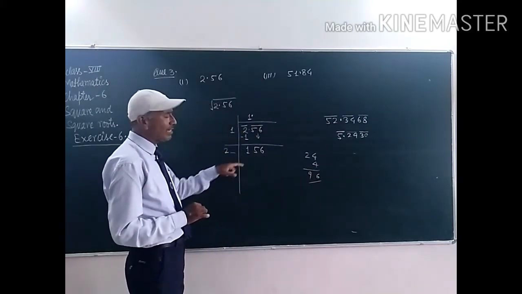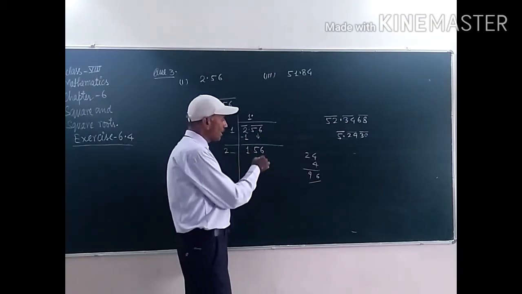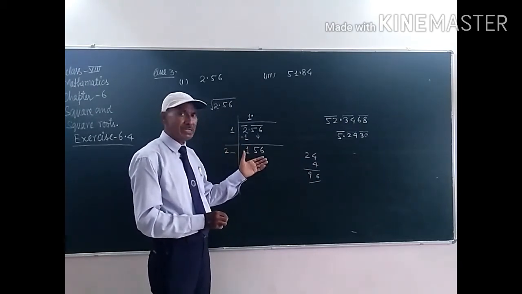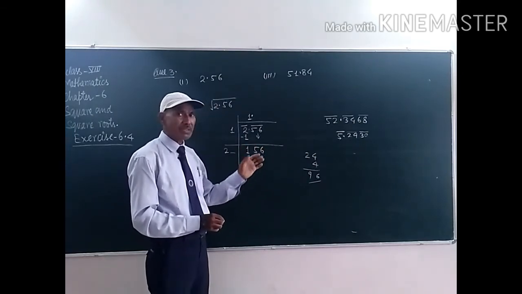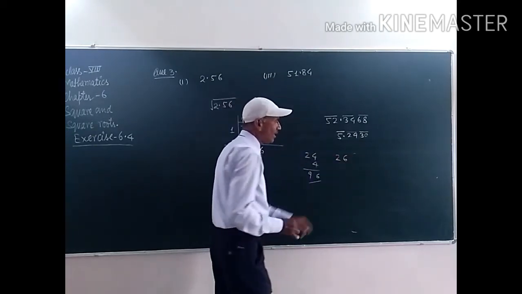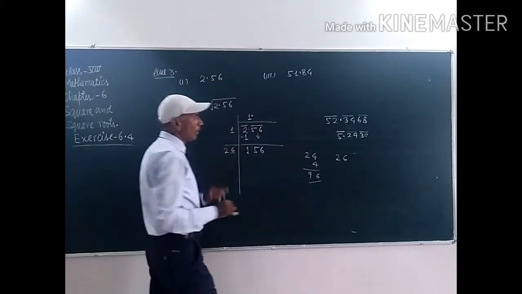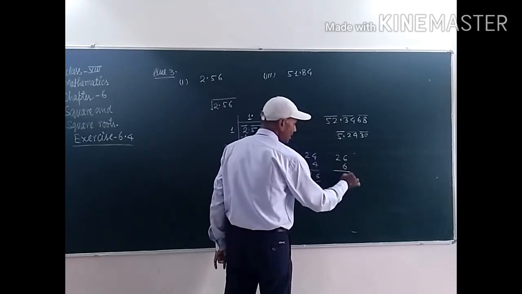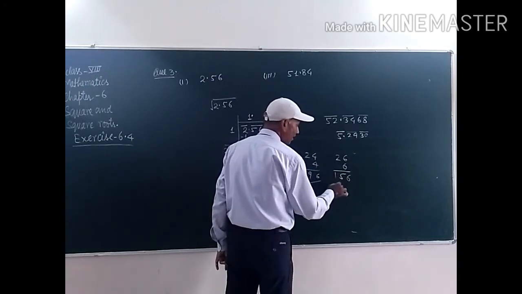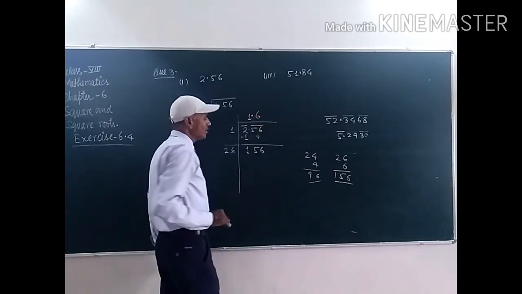Now we have to take the other possible number, that is 6. Clear, student? Because in the unit place of 6 squared there will be 6. If we square the number, 6 6s are 36, so in the unit place of 36 there is 6. So we take the other number, that is 26. If we take 6 here, the number will be 26. Clear, student? So multiply with 6: 6 6s are 36, 6 2s are 12 and 3 makes 15. This will be 156, equal to this number, student. So we have to take 6 here.